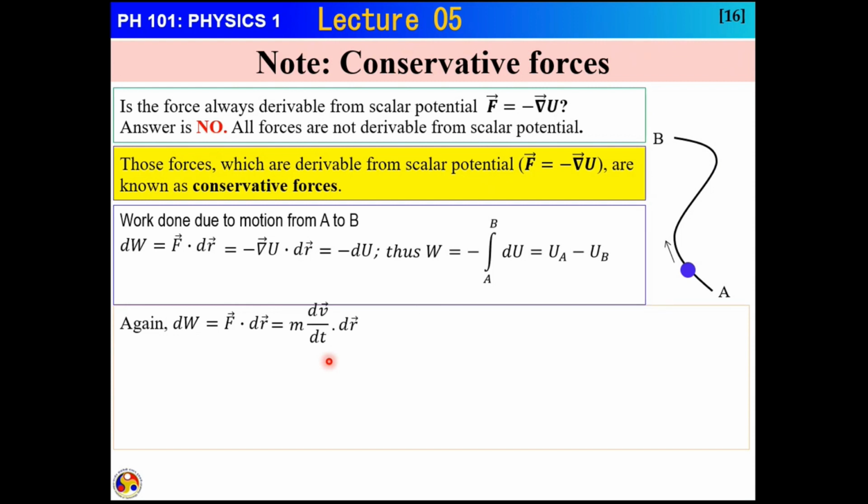This can be written as m dv by dt into dr. So what I have written here is F equal to ma, mass into acceleration, into dr. This is written as m dv by dt dot v into dt. This is the instantaneous velocity, and this can be written as half m